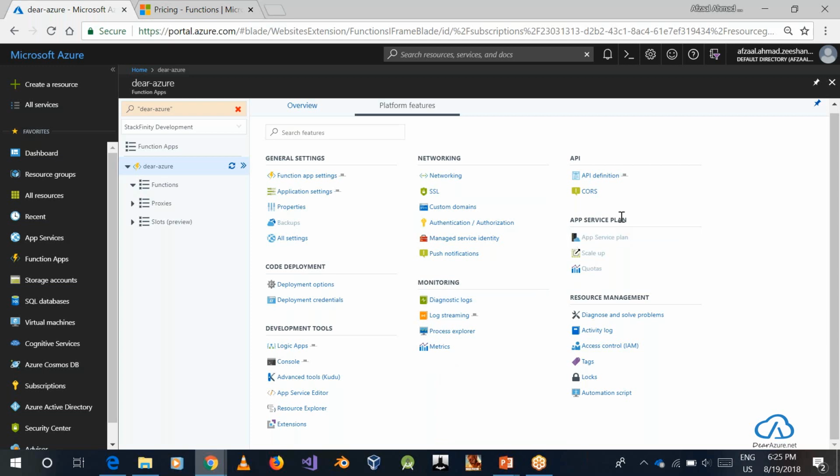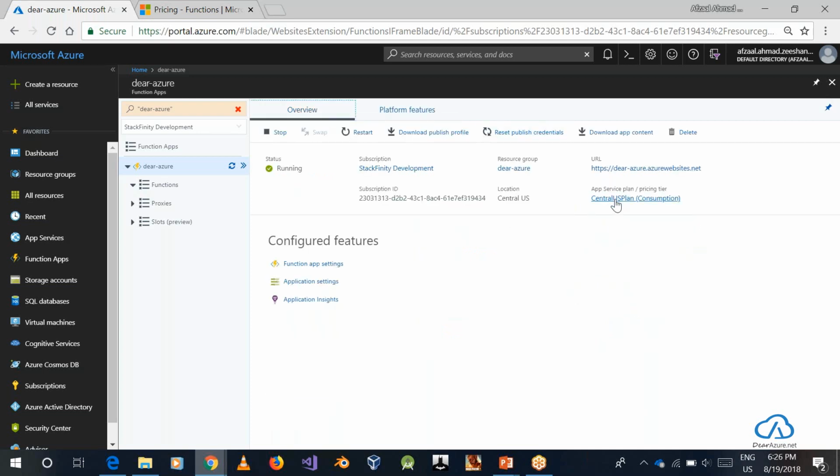One thing that you will see over here is that since we chose a consumption plan, we're no longer able to maintain and manage the app service plan. However, if we had chosen the app service plan, we would have gotten this, and we would not have gotten this consumption plan. These are the choices that you have to make, and as you can see, you cannot go from one to another. I really think this is a choice that you have to make in order to select which is important for you.